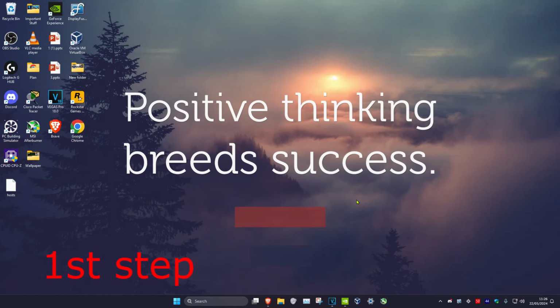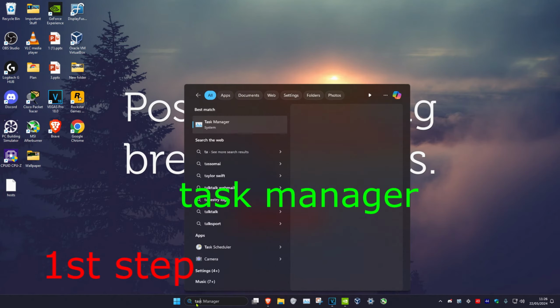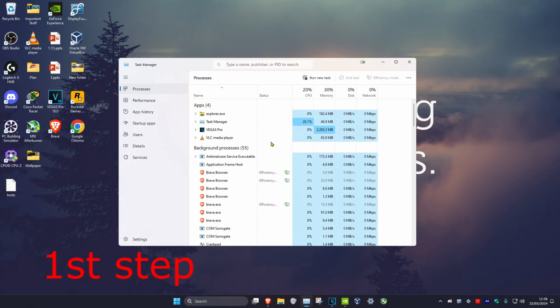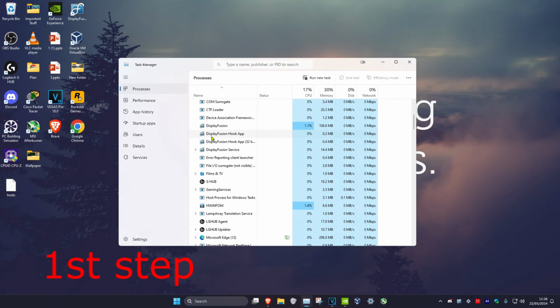So guys, for the first step, you want to make sure the Epic Games Launcher is not running. So you want to click on the arrow and then find Epic Games Launcher and then right click on it and then click on exit. You could also head over to search and type in Task Manager, click on it. Now once you're on this, if you see Epic Games Launcher open, you want to click on it and then